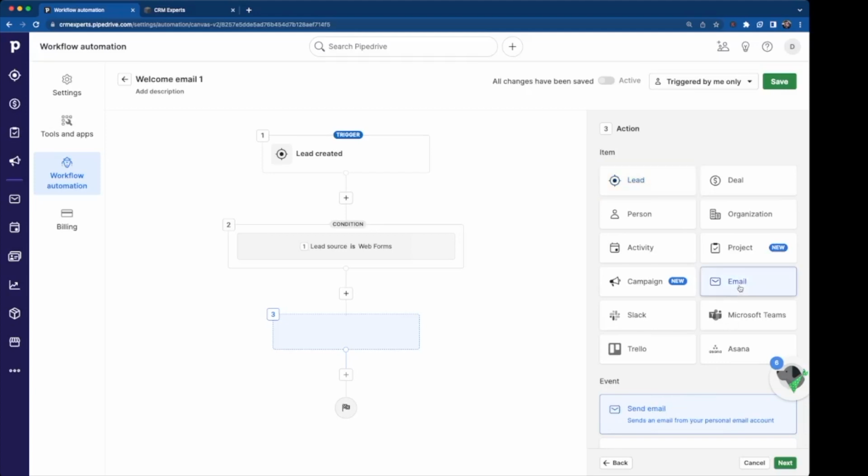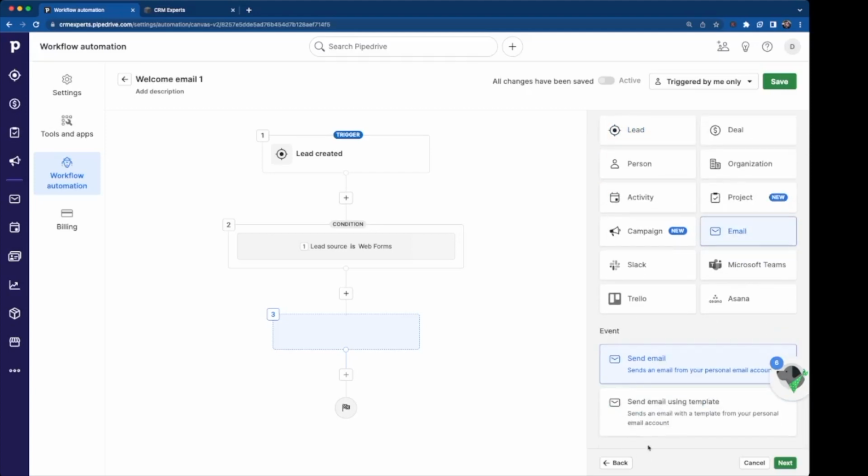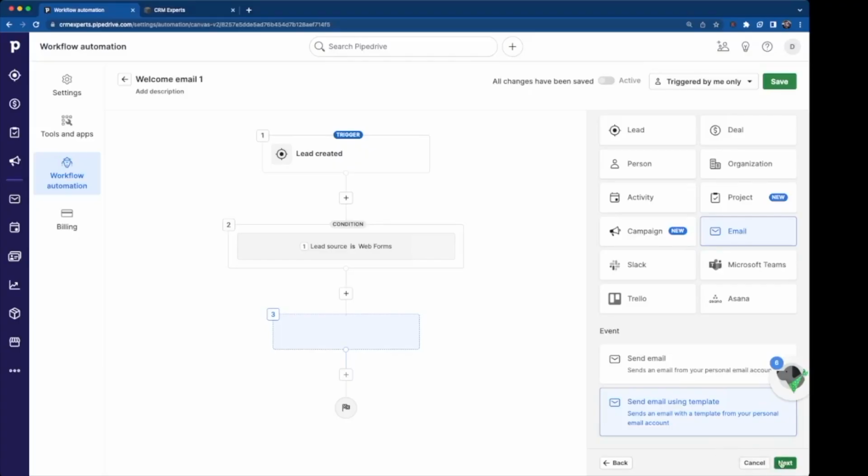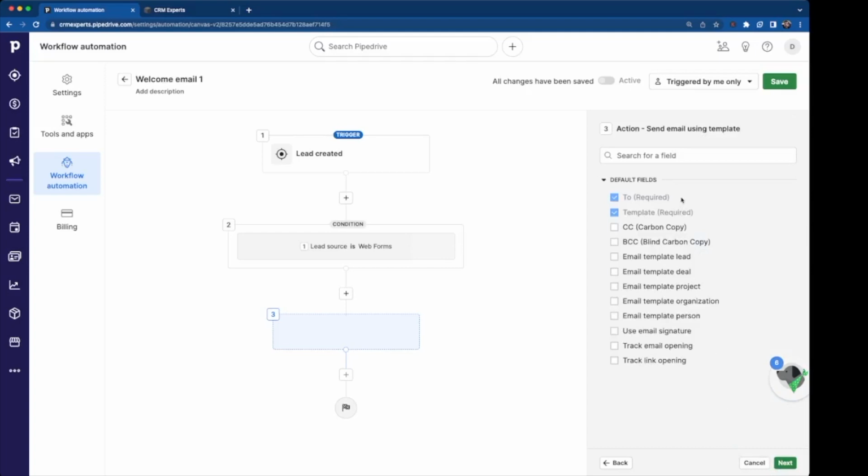In this case, we're going with email, and then we're going to send email using templates. If you haven't done it before, this is the link to a video that might be useful for you. So we go to next, and then we are going to leave this as To and Template. This is going to ask what components of the email are going to be modified by the automation. We want to keep it simple. We just want the automation to say this is going to, and this is the template that we're going to